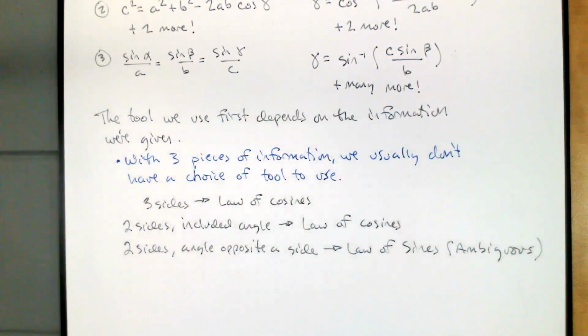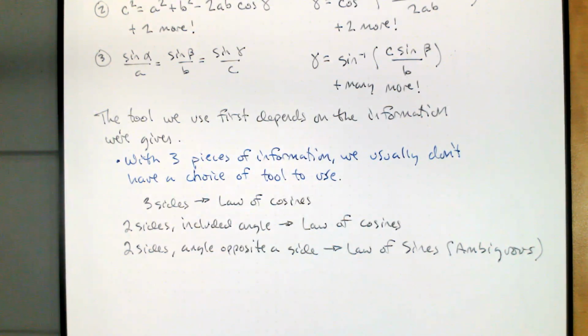If you have 2 sides and the angle opposite one of those sides, in our 3 pieces of information, we have an alpha and an A, a beta and a B, or a gamma and a C. That means we have to use the law of sines. The law of cosines is now off the table. What we have to remember